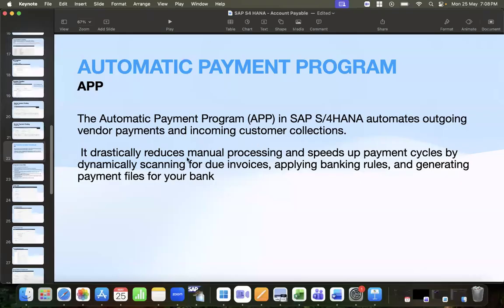Okay. So automatic payment program, it's called APP. So what it is, last class we have seen, we have booked some vendor invoices, and then we did